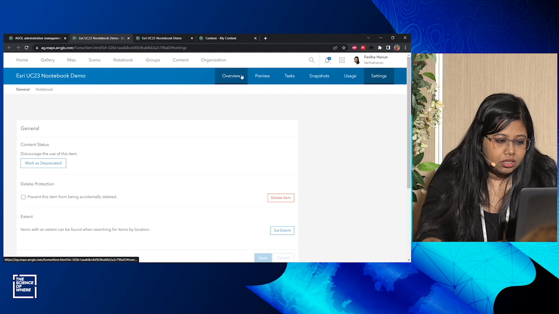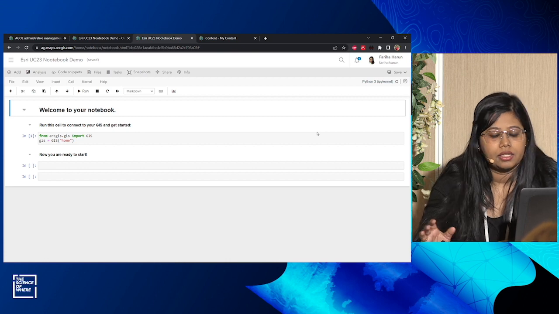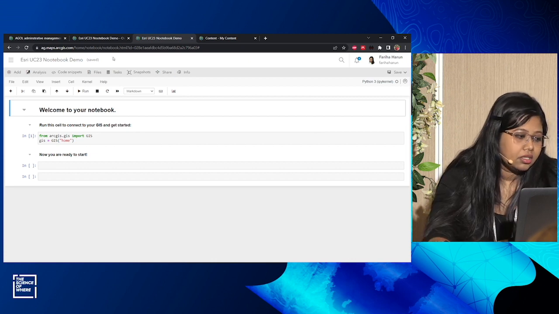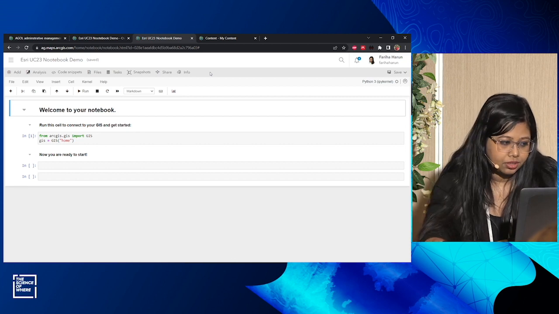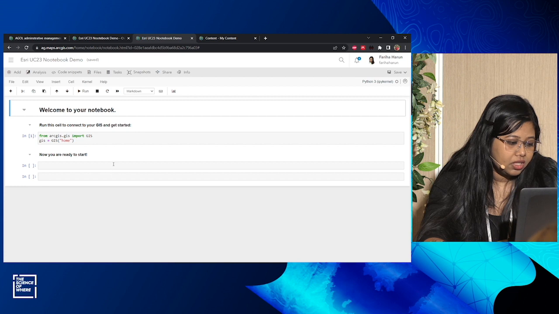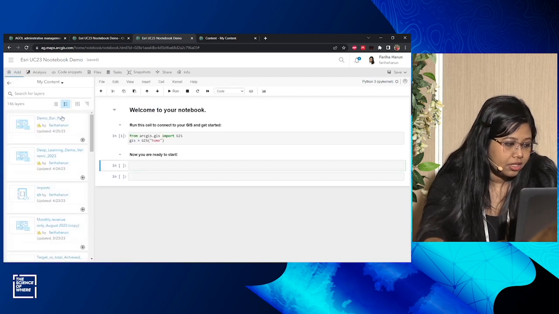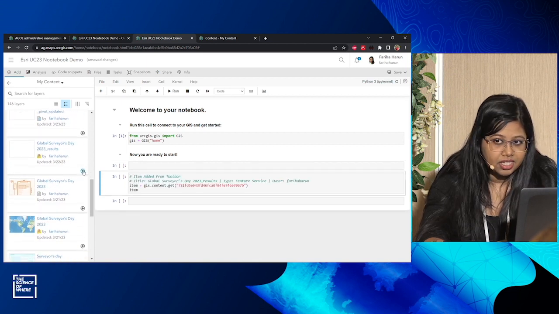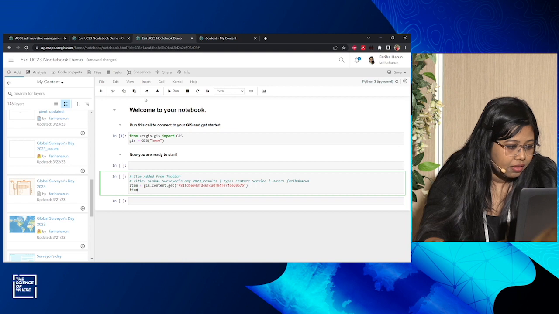And then I will go to the notebook directly. So this is a blank notebook, and in case someone is trying and you don't see this bar added here, then please save your notebook, because sometimes it comes after saving it. If you are very new to scripting and you don't know what to do, you can do it very easily. For example, I am going to add this one. I just clicked add, and it's automatically bringing this whole script, and if I run it,